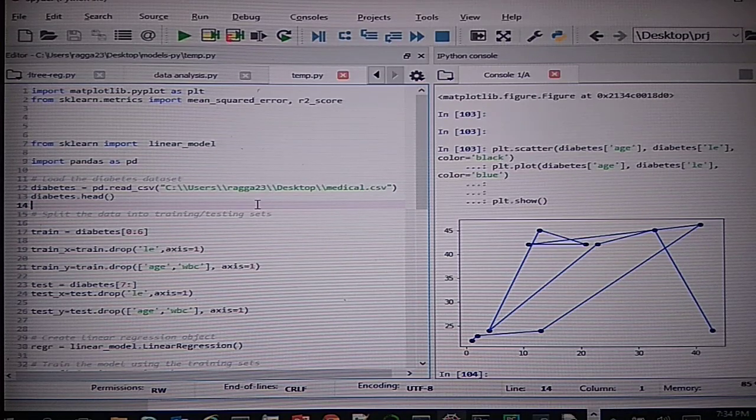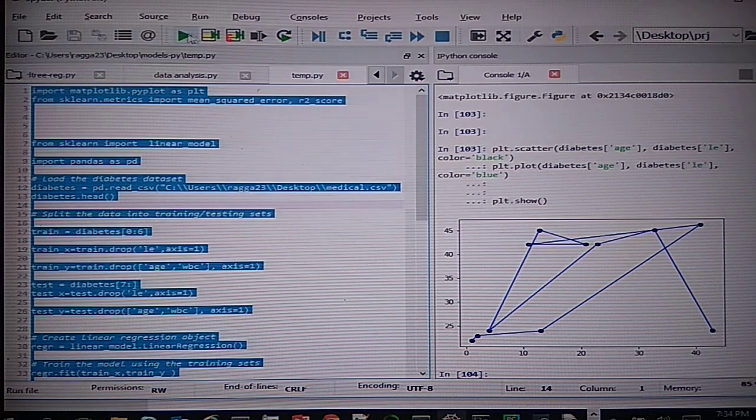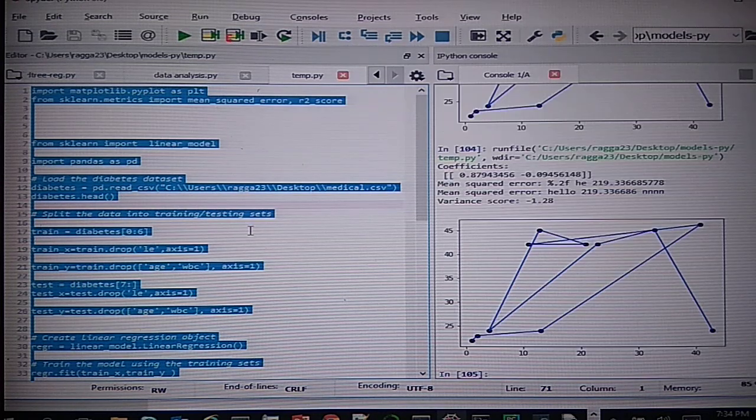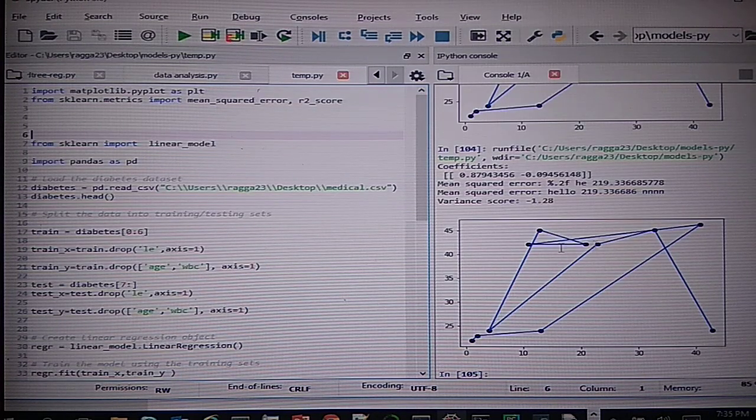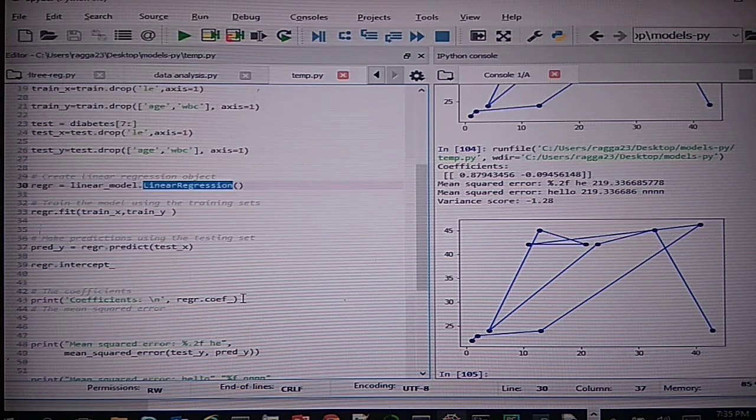Once you select this and click on the run button, the entire code will run for you, and on the right hand side I can see the output of this machine learning model that I have simply run. Here I have been running a linear regression model to do the predictions on my patient's data.